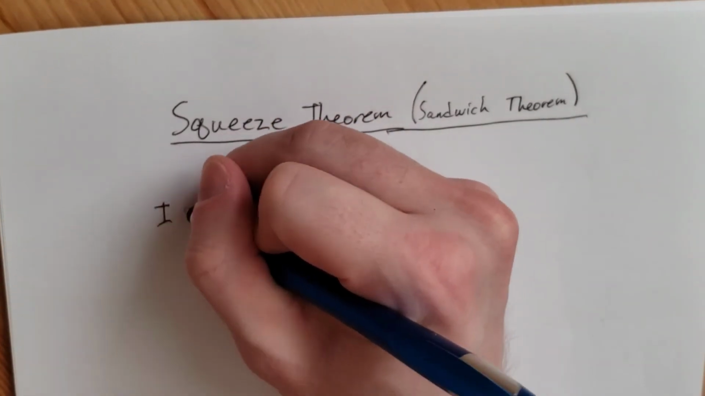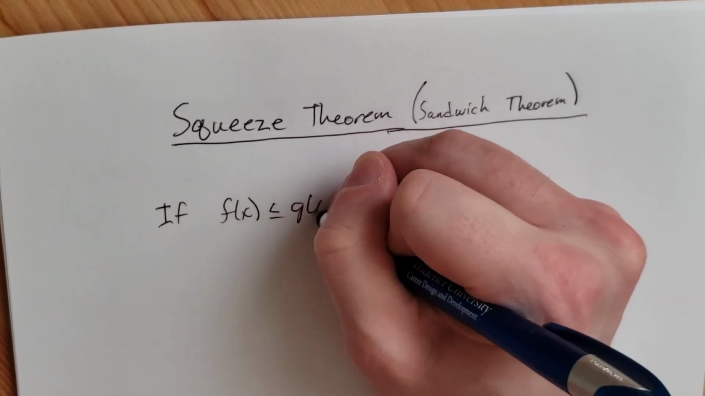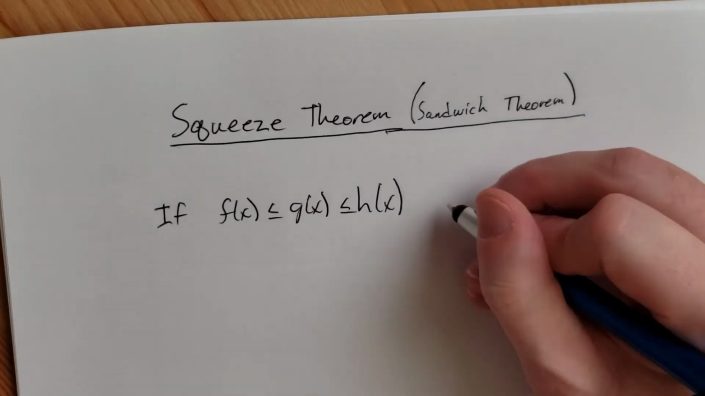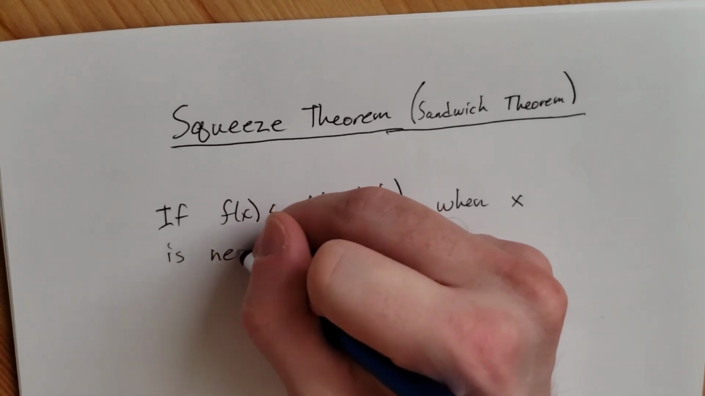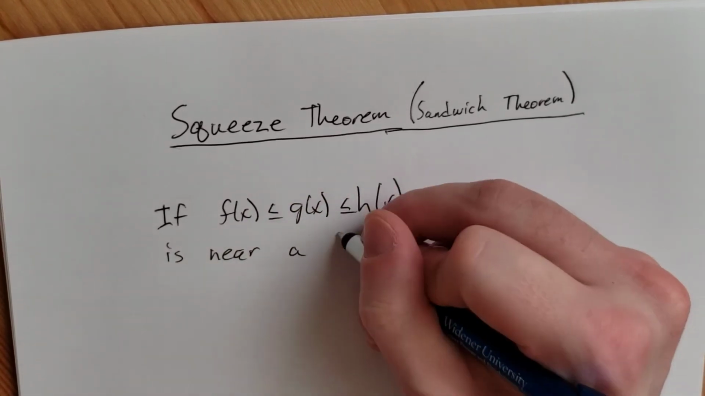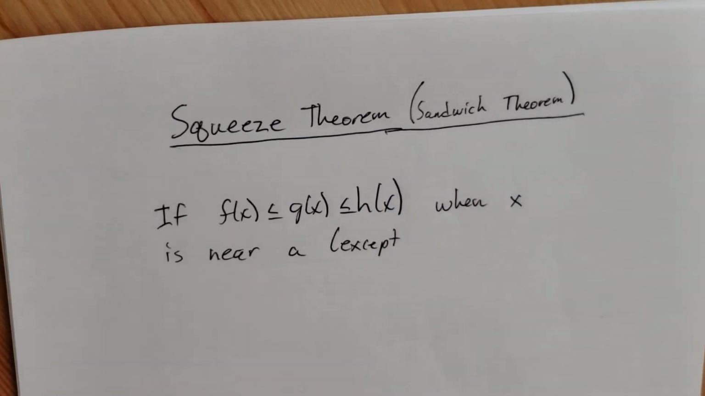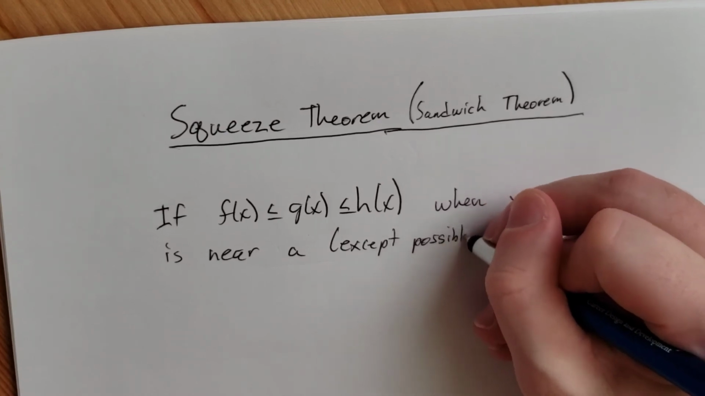Well, it says that if f of x is equal or less than g of x, which is equal or less than h of x, when x is near a, and I'll say what a is in a second, but as long as this is true when x is near a, except possibly at a itself,